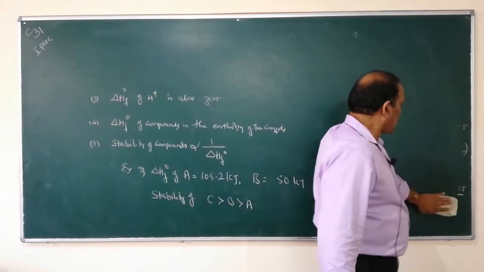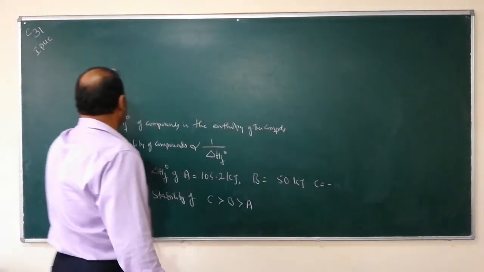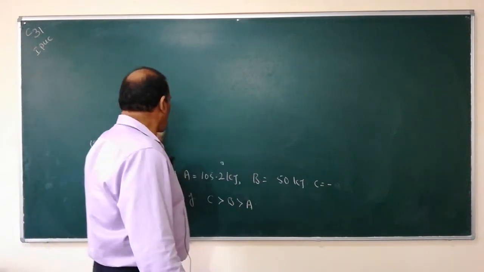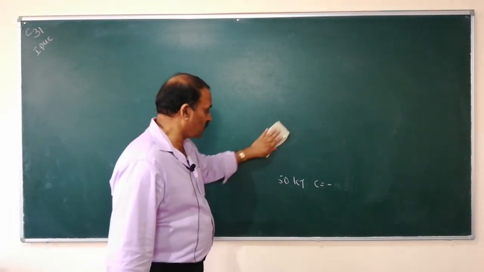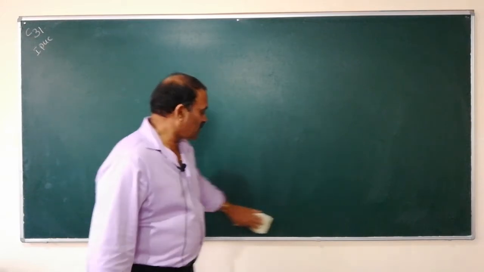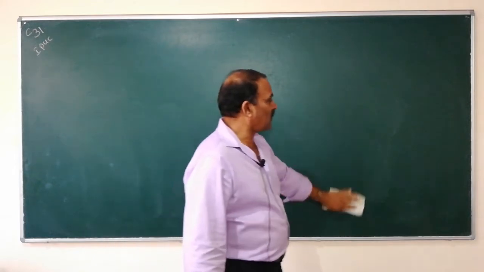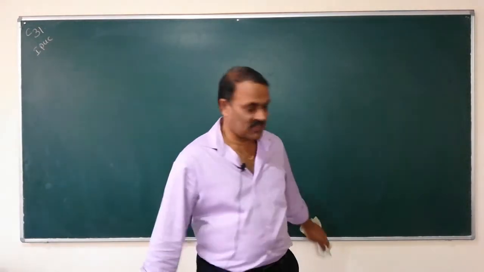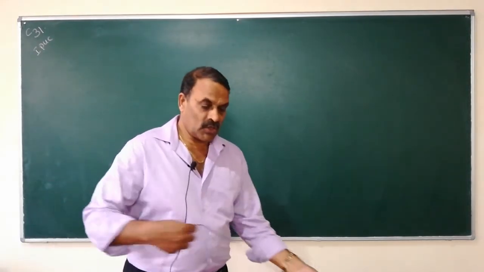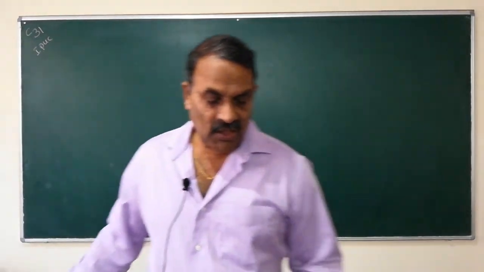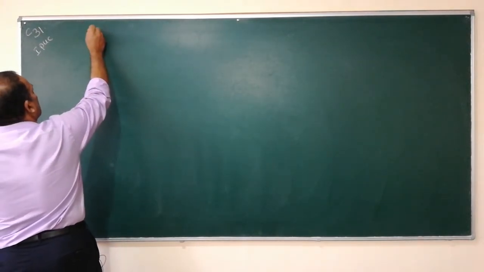So, in your examinations, definitions of enthalpy of formation are given. Using enthalpy of formation values of compounds, we can calculate the enthalpy of reaction using the formula delta HR is equal to the sum of the enthalpies of formation of products minus the sum of the enthalpies of formation of reactants. So, stability of a compound is inversely proportional to their enthalpy of formation. Next, the second definition is